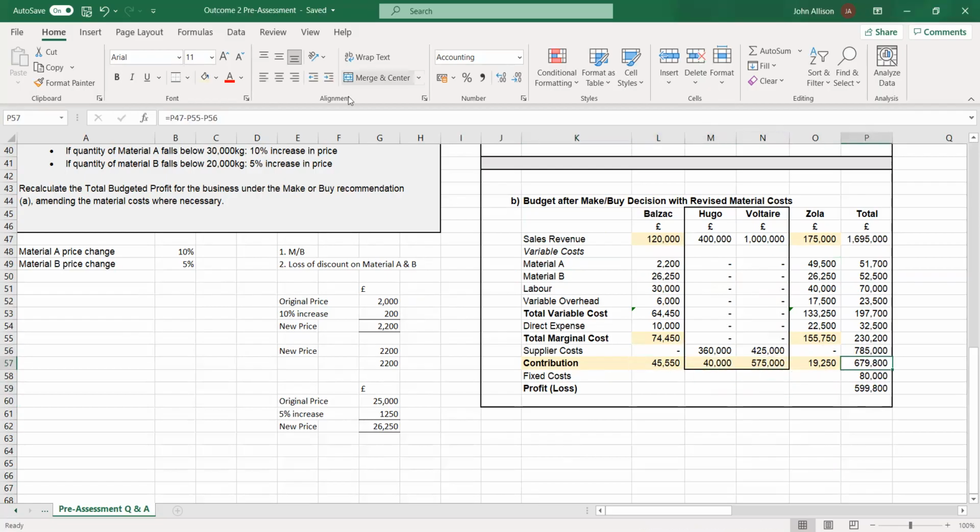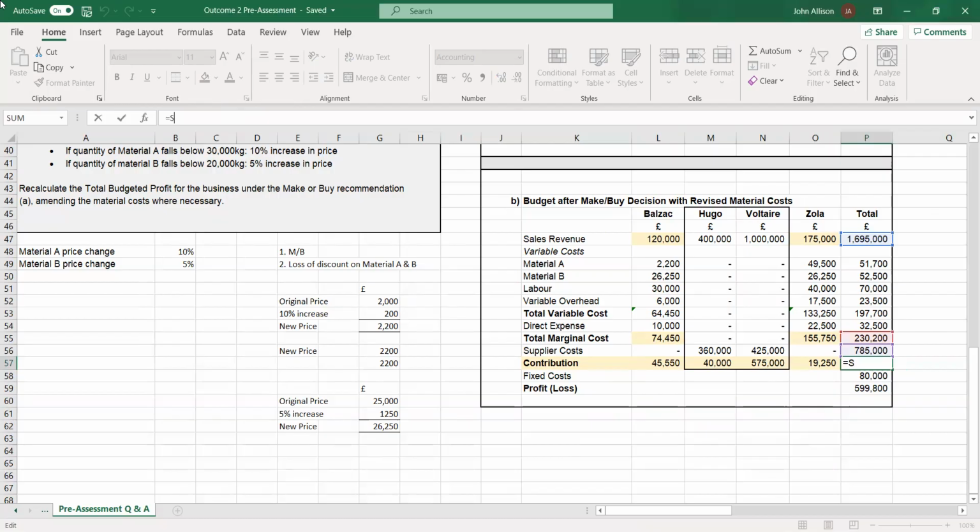I then got the total contribution in 2 ways. Either by doing the total sales revenue, take away the marginal cost plus supplier costs, so 1,695,000, take away 230,200, take away 785,000,